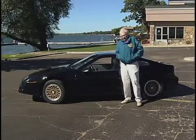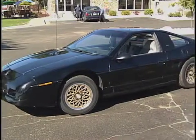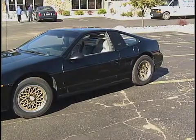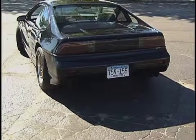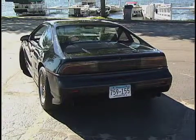Oh, hello. Today I'm going to tell you a little bit about Pontiac Fieros. Pontiac was kind of General Motors' experimental line, it seemed like, throughout the years. So they wanted to have a commuter car. So in '84, GM said okay for Pontiac to try a commuter car, and they came out with a two-passenger